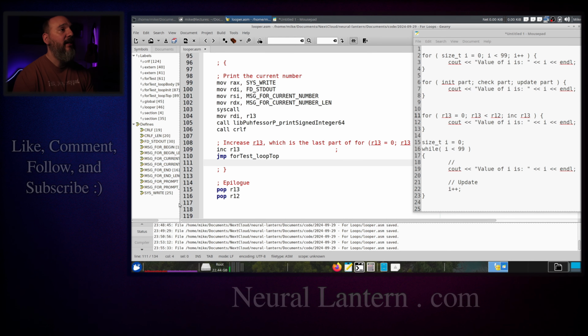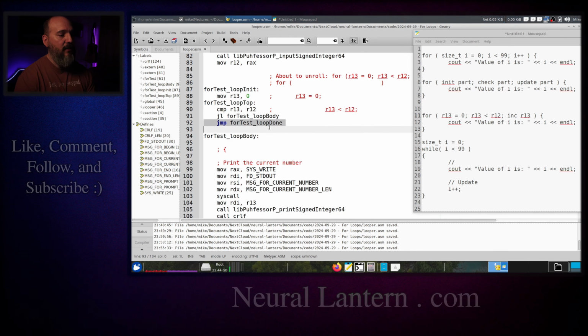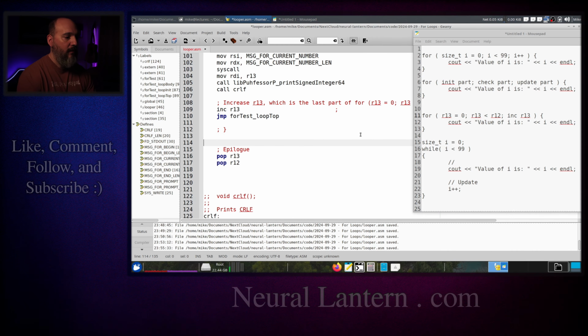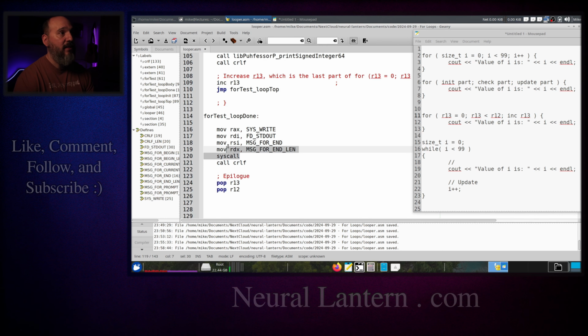The last thing we need is the loop done label. If you look back up at the top here on line 92, if R13 was not less than R12, then execution would fall through to line 92, and there is our unconditional jump instruction, basically saying if R13 is not less than R12, then we'll jump to the loop done label, which means we're just totally finished with this loop. So we have to make that real fast. And all it's going to do is just basically say goodbye. It's just going to print a message to the user with the system call and a CRLF,